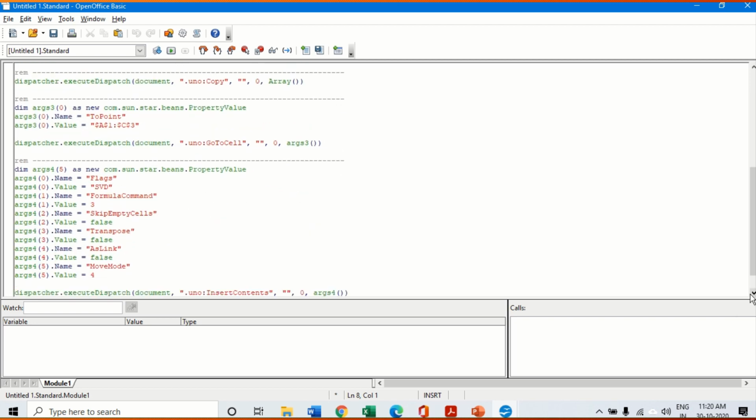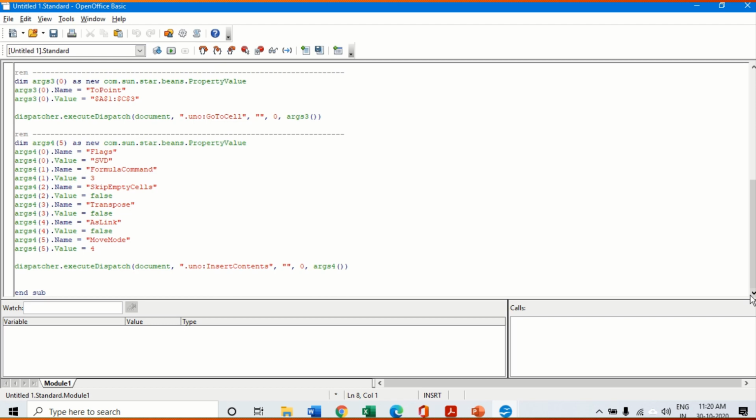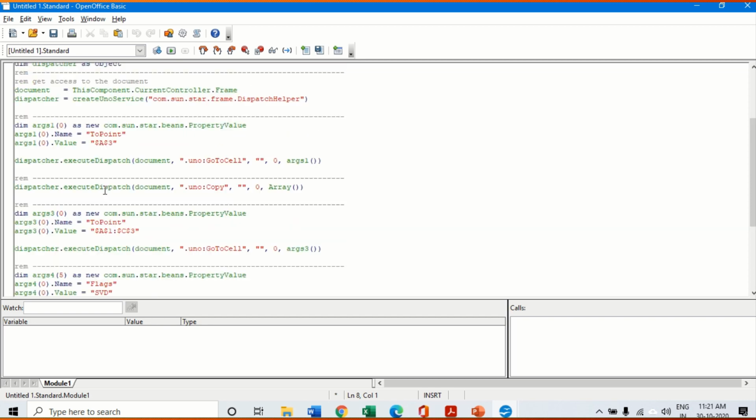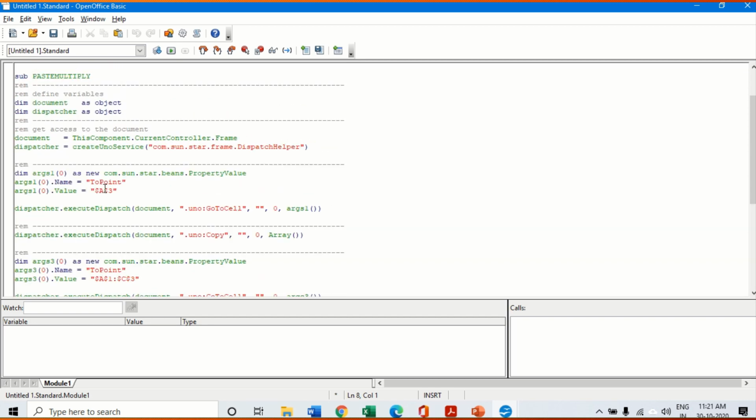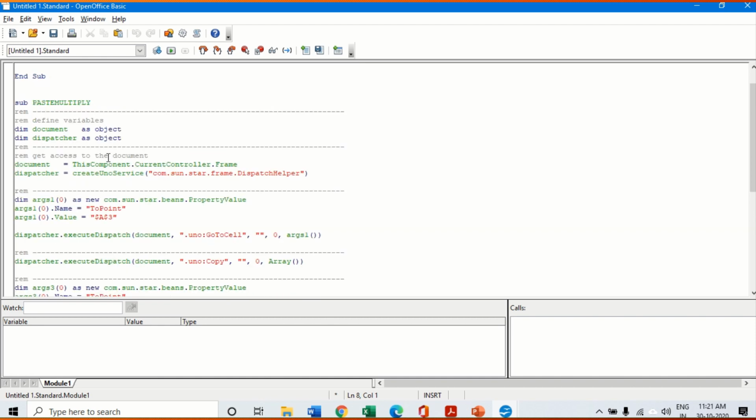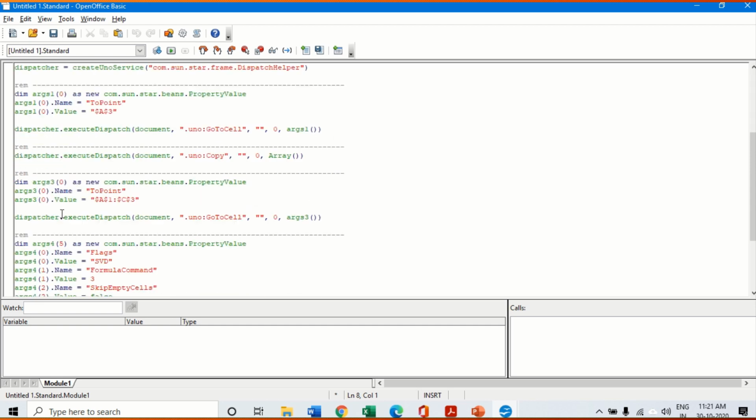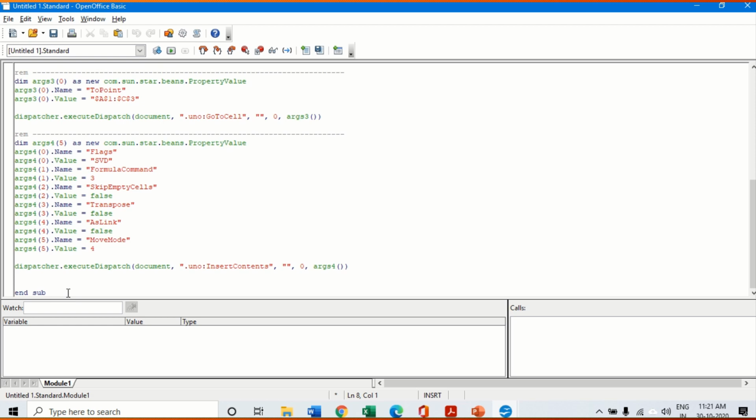Because later on, in the next part of our chapter, we are going to write codes in the coding language and make our own functions in the macro. So that is why I am explaining to you the exact place where these codes are written when a macro is created: between Sub, the function name or macro name, and End Sub. So this is what I wanted to show you, because in the next part of the chapter we are going to make our own functions using macros.